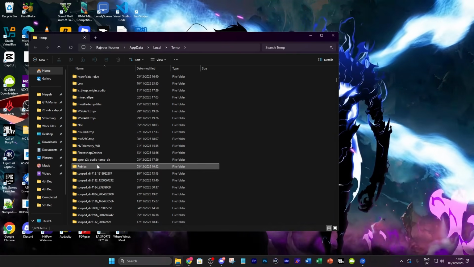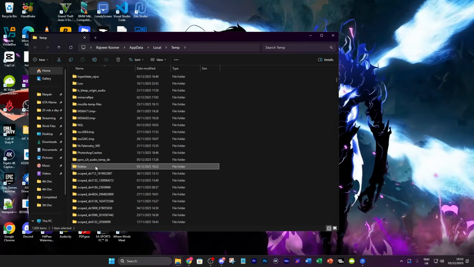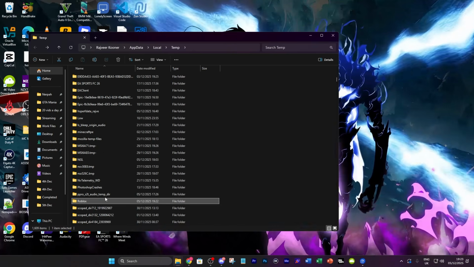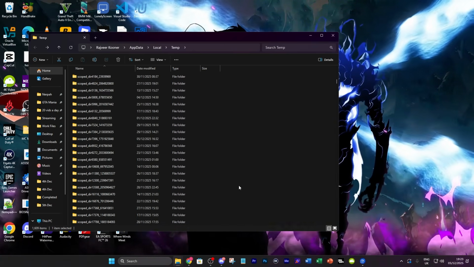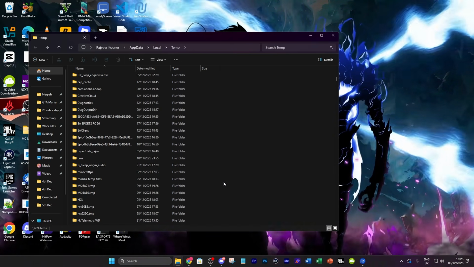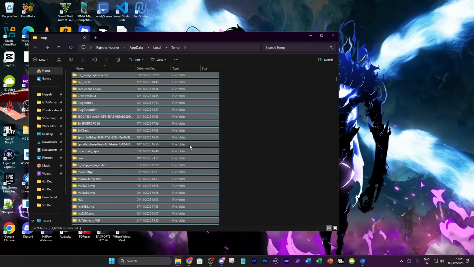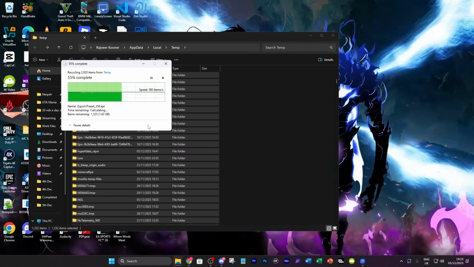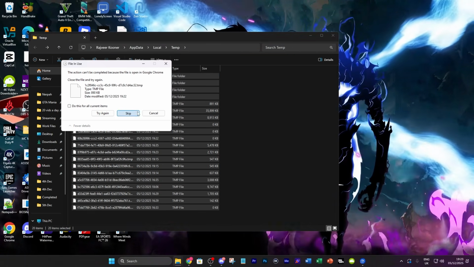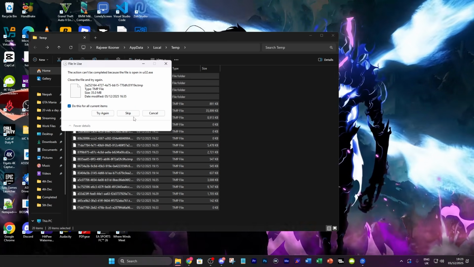Now over here, you want to look for the Roblox folder right here. And then you can go ahead and click on it if you want to, but you just want to go ahead and delete this folder. I'd also just recommend deleting everything else in your temp folder because they're just temporary files that might bug anything out. So just go ahead and clear this whole folder and then press skip on anything that needs to,